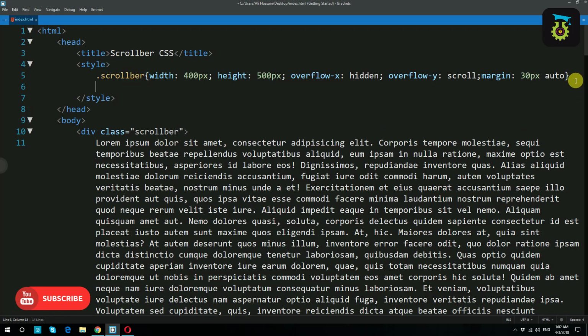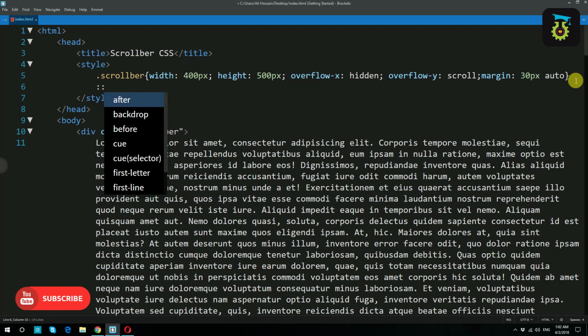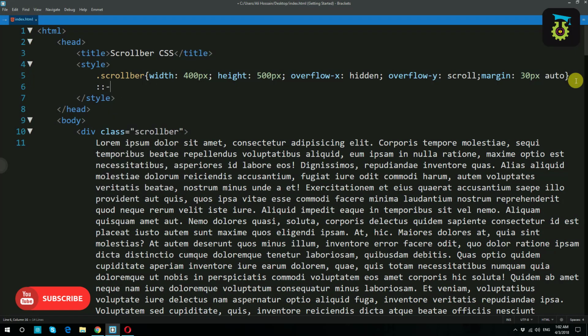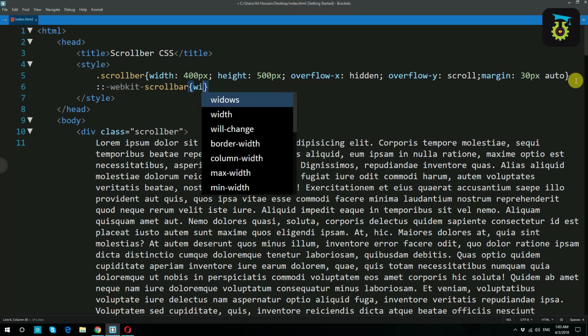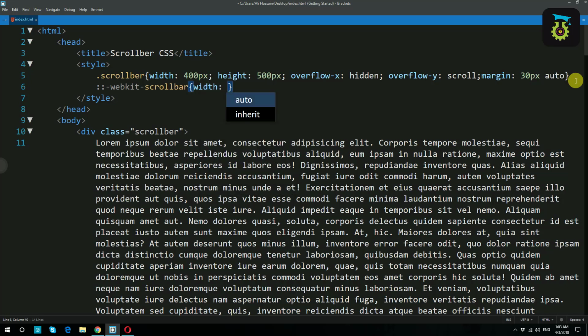I will use colon colon, then WebKit, then scrollbar. Okay, I will use here width 20 pixel,